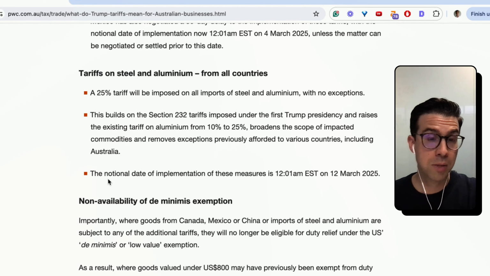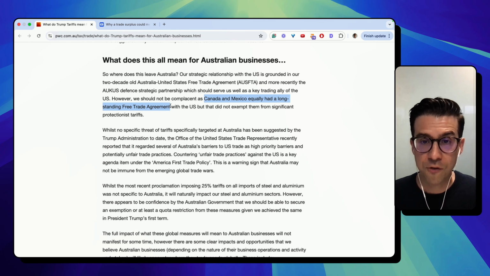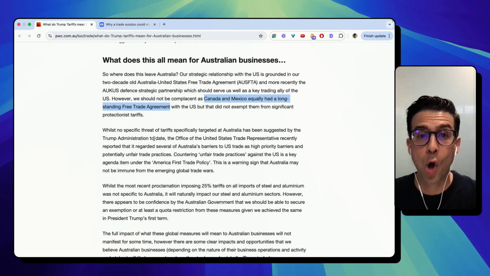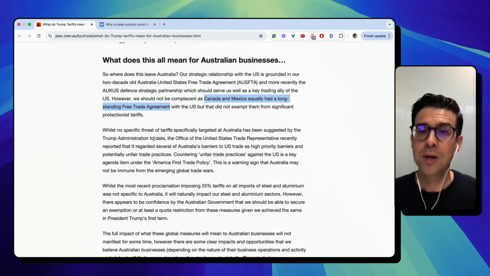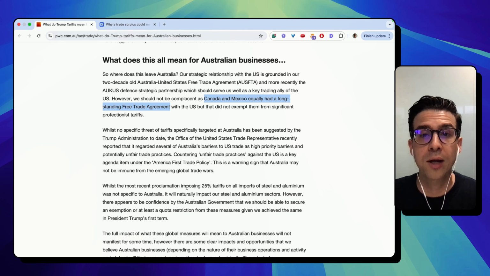Now, the "no exceptions" part is important because, at the end of the day, Australia actually has a two-decade-old free trade agreement with the United States, our Australia-United States Free Trade Agreement. And so, on the one hand, we could hope that our trade is defined by that agreement. But the truth is that Canada and Mexico had equally long-standing free trade agreements with the US, and those were ignored very, very easily. And so I think for Australia, we're not really going to be able to rely as much on that free trade agreement. And really, again, this is probably an example of Trump using trade to redefine some of these long-standing agreements that, from his perspective, no longer necessarily work for the